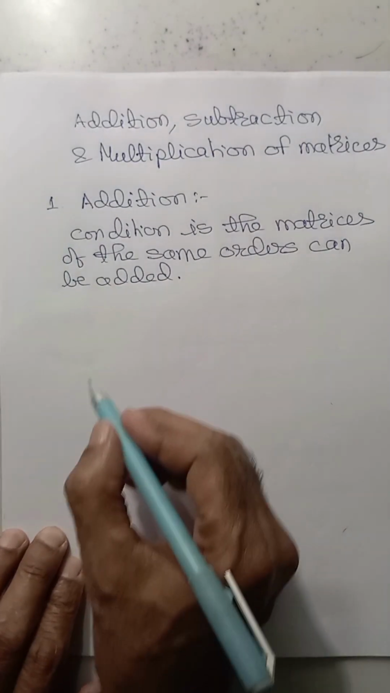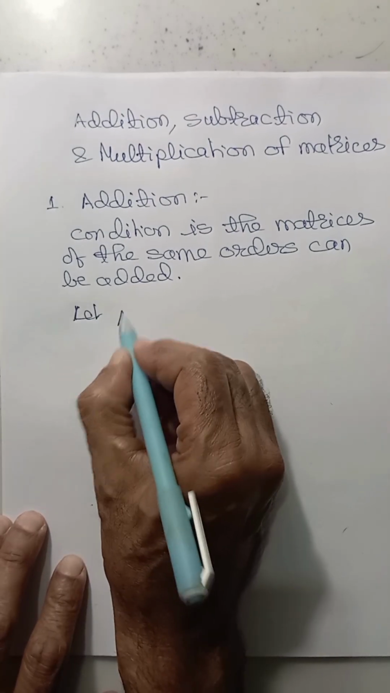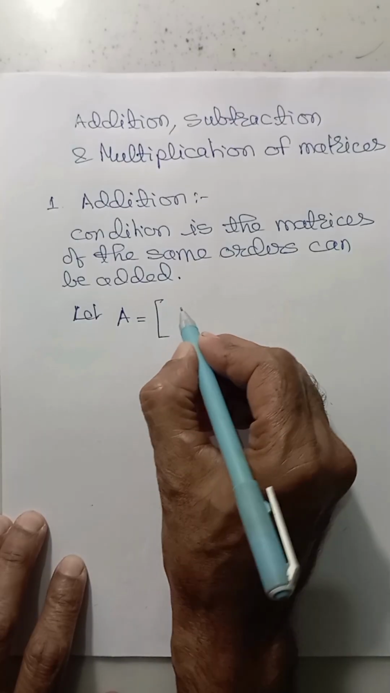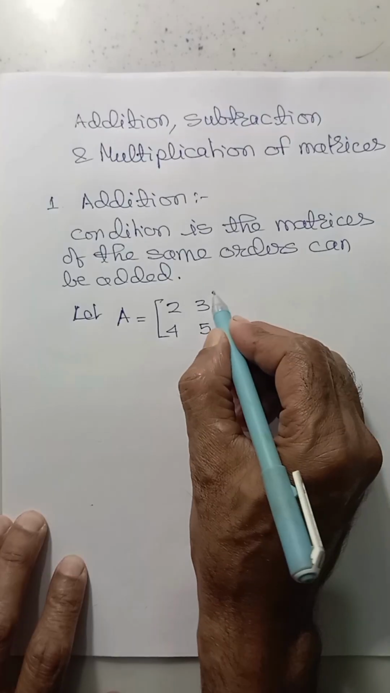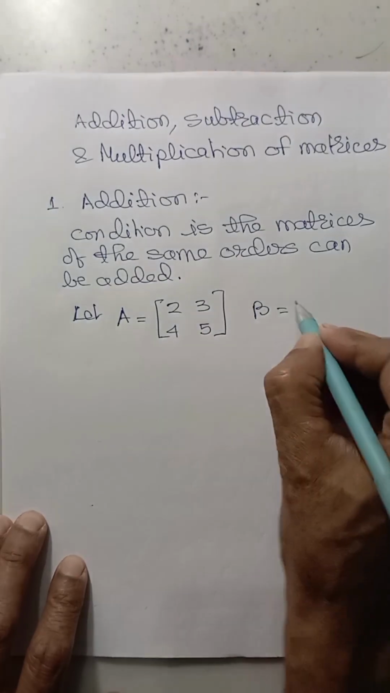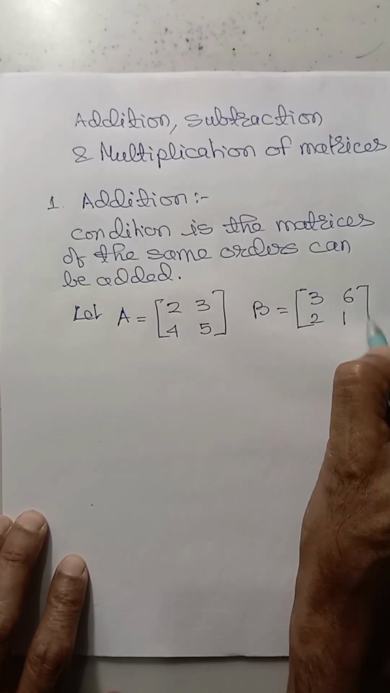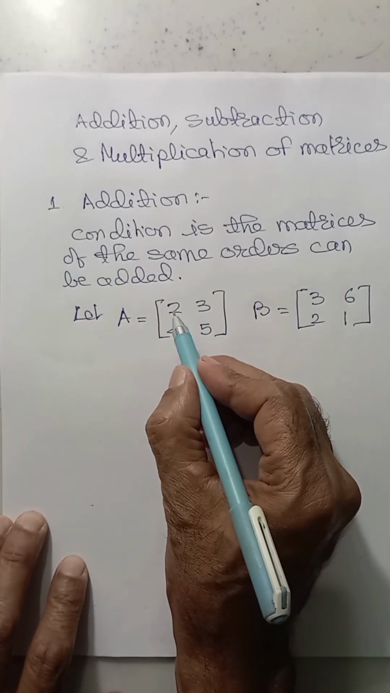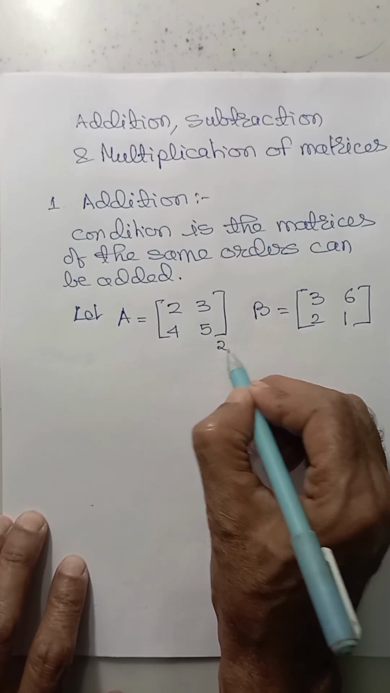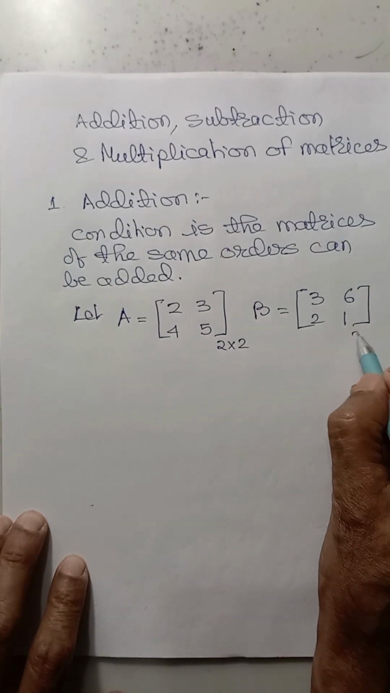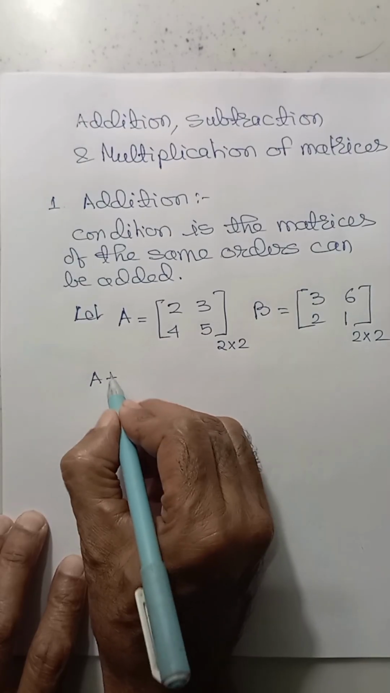So here suppose in case of a square matrix, let A is equal to 2, 3, 4, 5 and B is equal to 3, 2, 6, 1. So here A has 2 rows and 2 columns. Therefore, it is a 2 into 2 matrix. Here also B is a 2 into 2 matrix. So that can be added. So A plus B will be